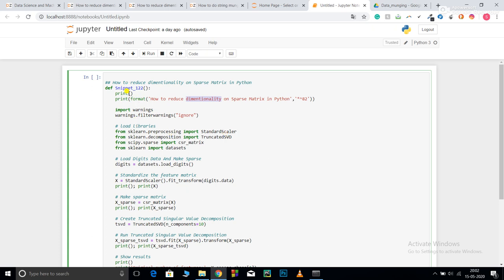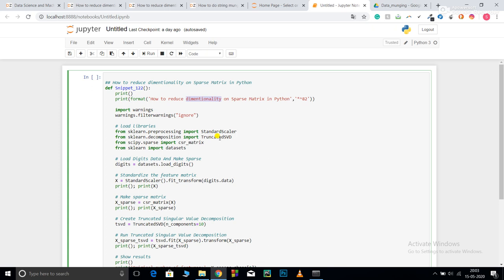These are general print statements, and in order to ignore unnecessary warnings, I have imported warnings. From sklearn.preprocessing I have imported StandardScaler. Before any dimensionality reduction we need to scale the values. From sklearn.decomposition I have imported TruncatedSVD. You could have also gone for PCA, SVD or truncated SVD.